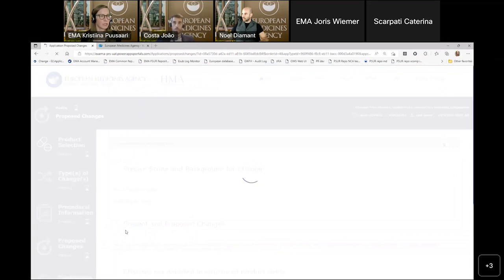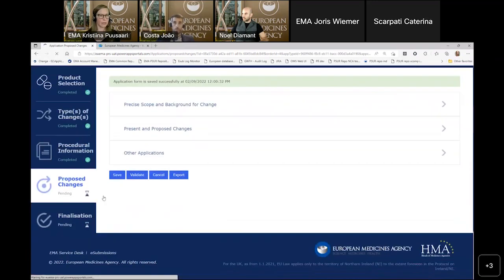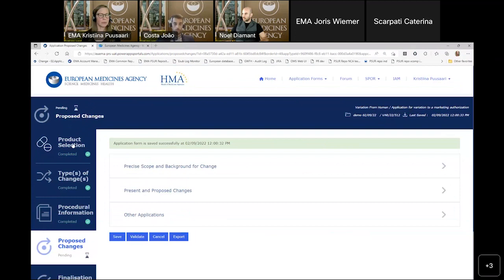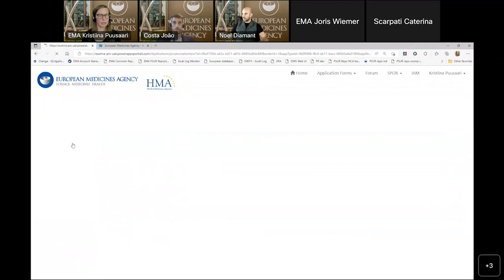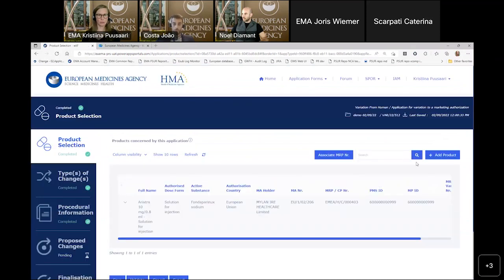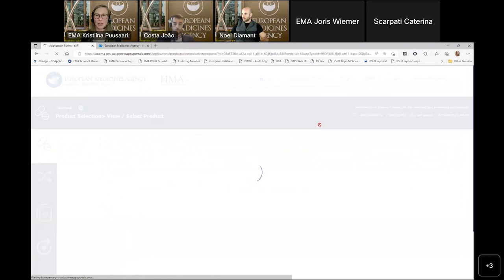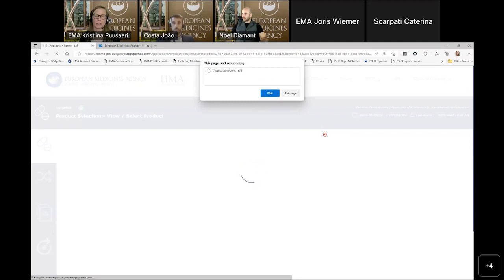I don't want to spend too much time on this, but I just wanted to show you that if we selected a different product, I won't start a new form. So please ignore the fact that this is kind of not a realistic scenario. I will select another product here. Now, just to display the orphan and pediatric sections, the 4A, B, and C sections that are also in the PDF. And we can then look at the PDF generation.